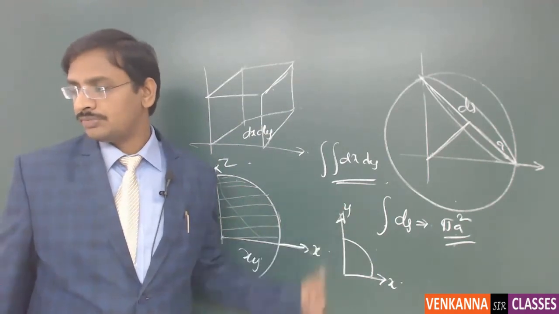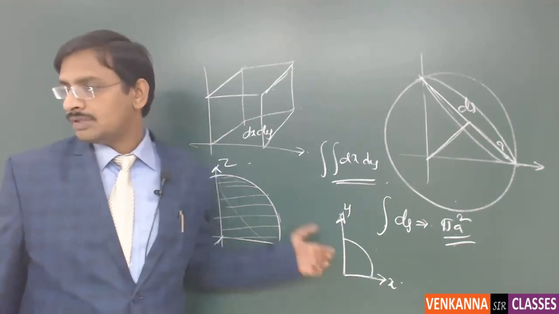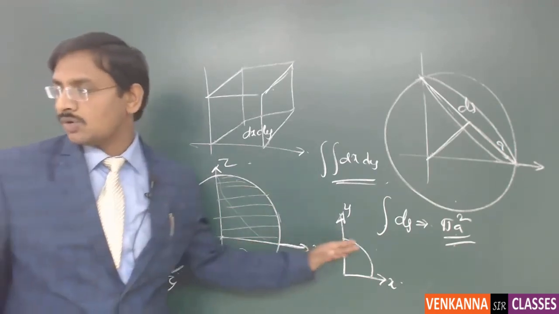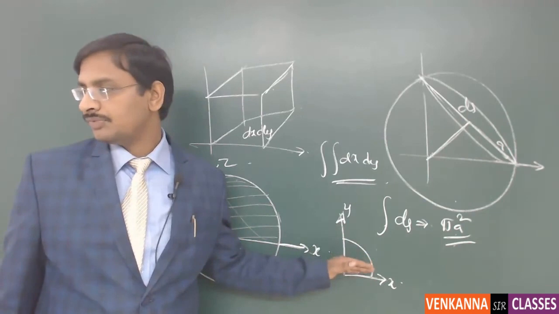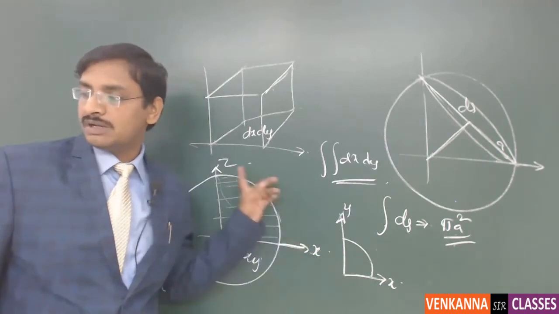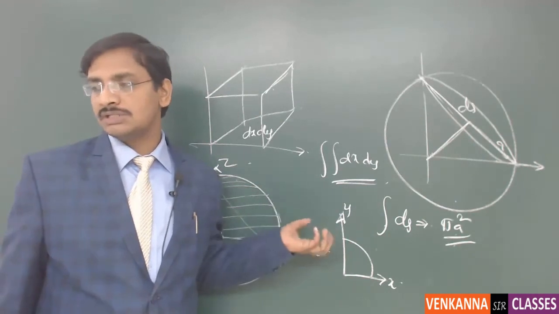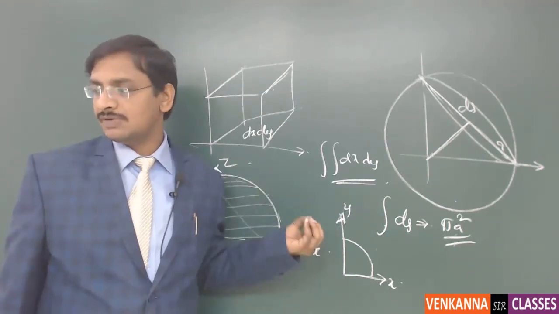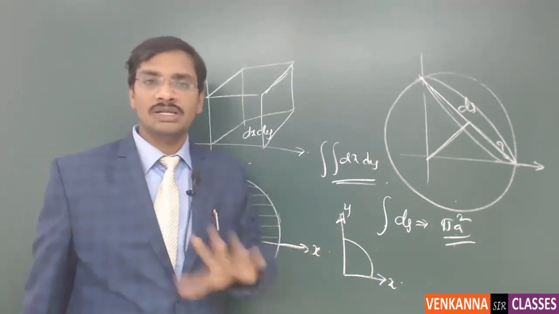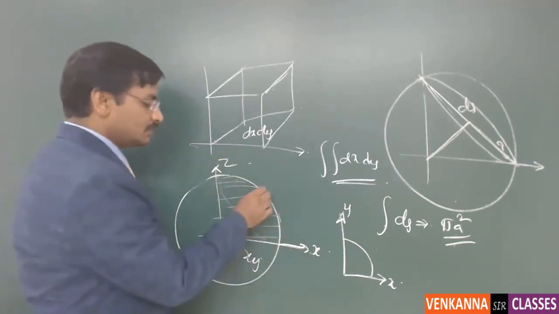Understood or not, this one? Right, so Avinash, I hope you got it. If you project this curved surface onto the first quadrant of the xy plane, it is going to be a quarter circle like this. You will use this quarter circle area to find the spherical surface area in case of integrals, maybe in case of Gauss divergence theorem, or to find the surface integral itself. Or if you want to find the surface area itself, in all the cases you are using only this method. That method is: this surface is projected onto this one,